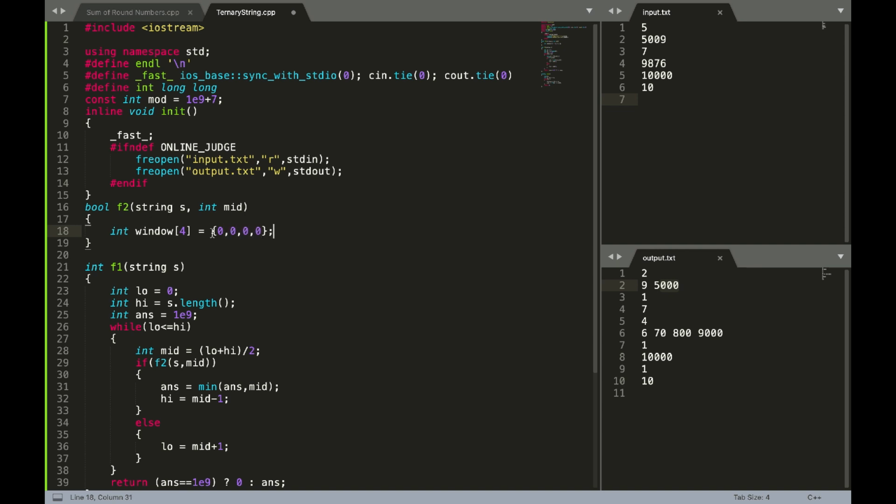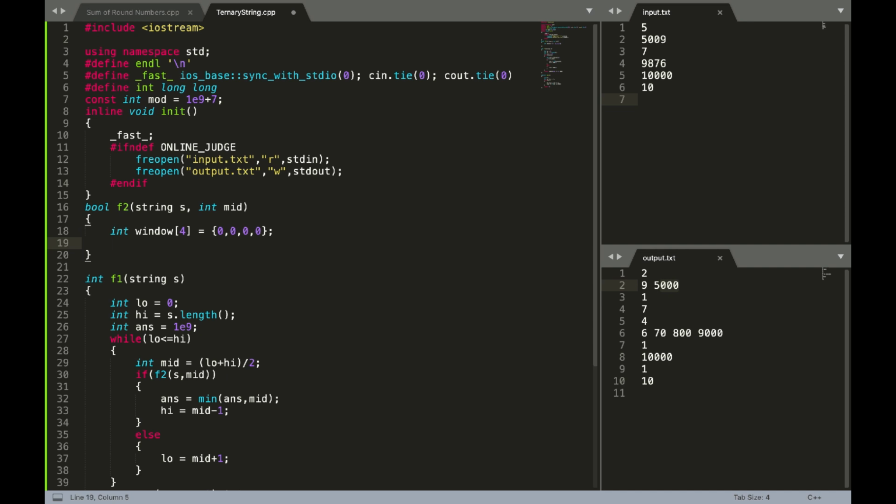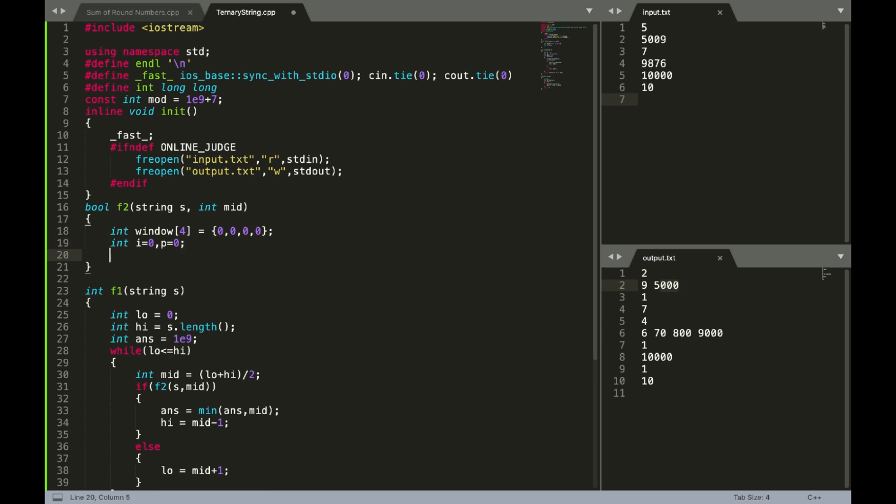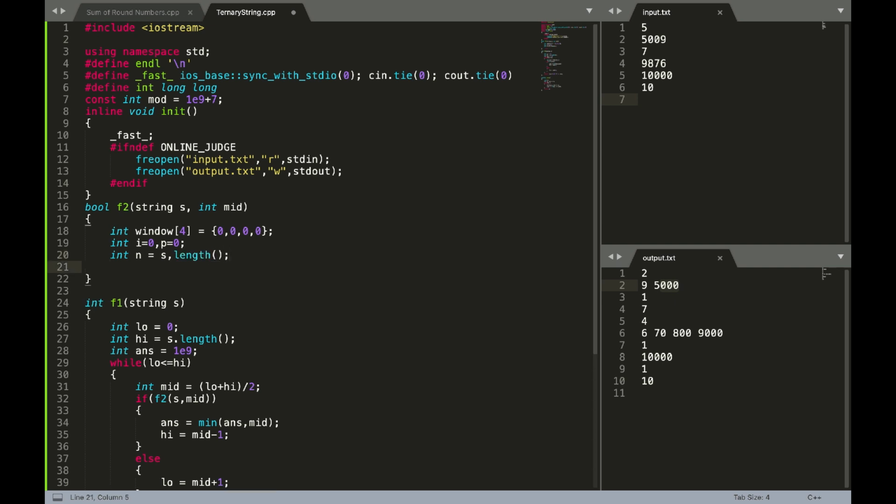As we know, array index starts from 0, so we have to take at most a size 4 array, and now I have to declare some variables. I will tell you what I am doing. Firstly, let me code.